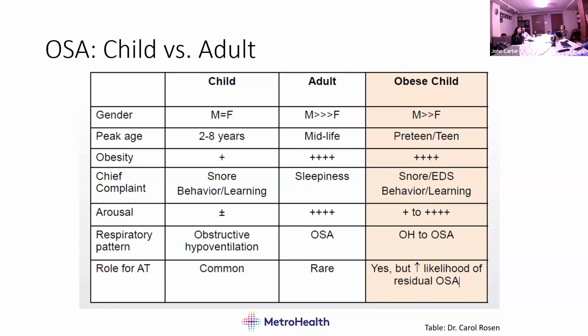But I always counsel those families differently when the BMI is 99th percentile. Look, I think those 4+ tonsils need to come out, but there's a good chance that your apnea is not going to be resolved. It's going to be better, but there's a good chance it's not going to be resolved. So aggressive lifestyle management and counseling is really important in these. Success rate of those things is a different story. It's near zero, right? But we still got to try.